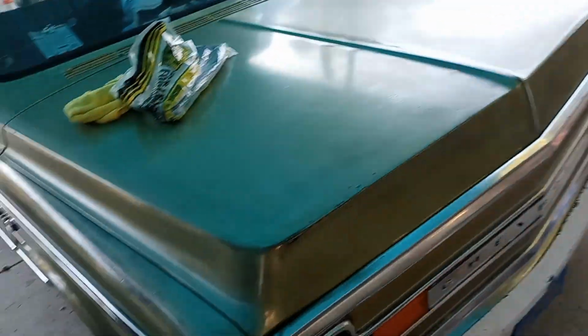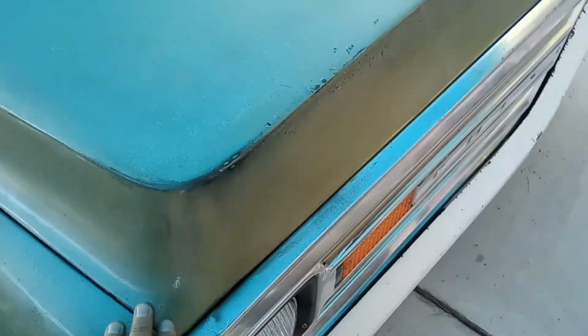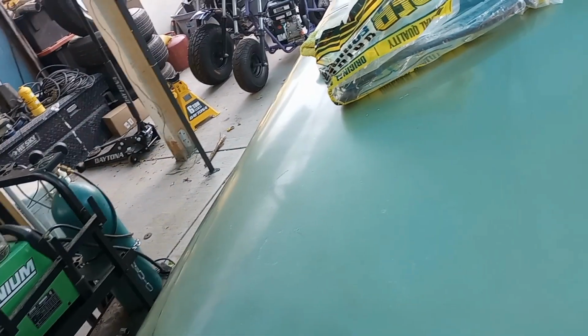We're gonna pop the hood open. I think I'm gonna look through these boxes real quick. I do remember having the little rubbers, brand new rubber stopper things. Man, they came in last week. I know they're in a box somewhere. I'm gonna look for them real quick. Hopefully I do find them because I don't have any